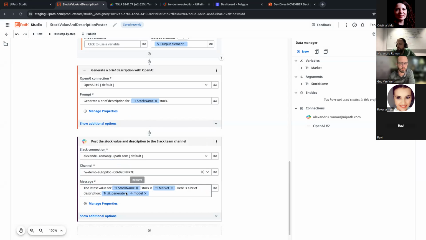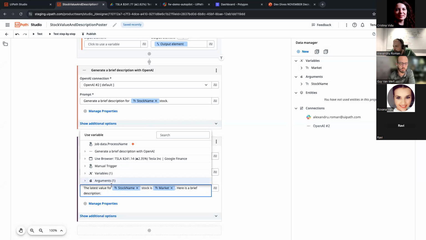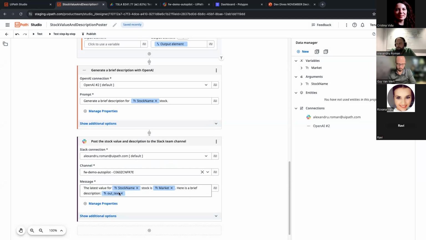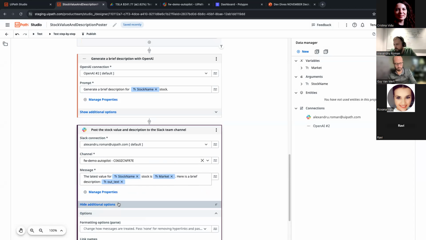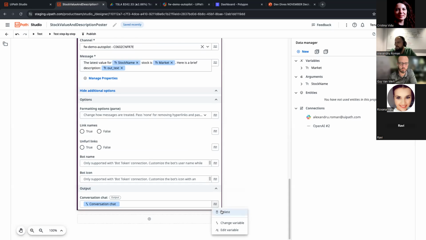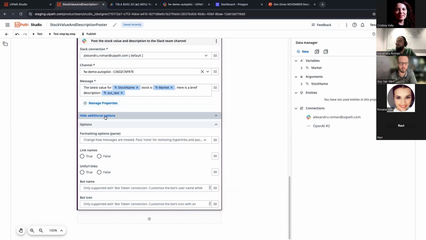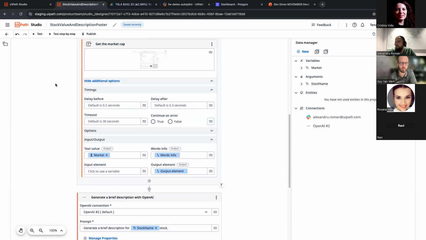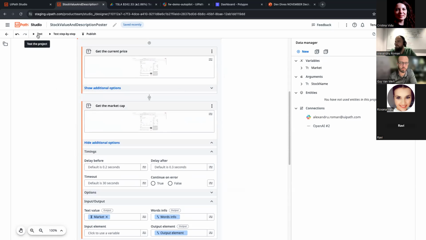And next, we can see that I'm not looking for the model, I'm looking for the top generated text. This is basically the first response from OpenAI. We are almost ready to test this. I just need to confirm one final thing. The model generated some extra output that I don't need, so I'm gonna clean it. Yeah, let's see it in action and test